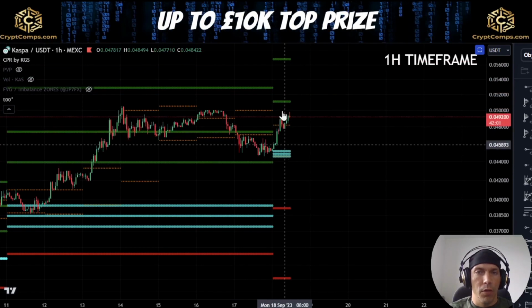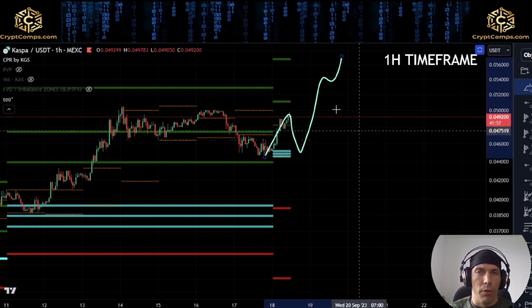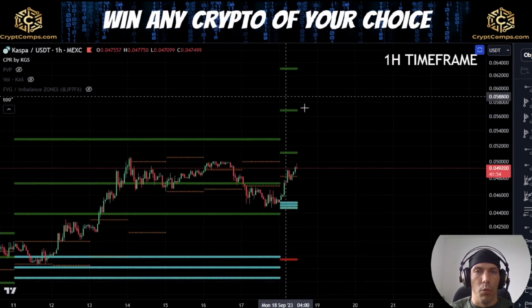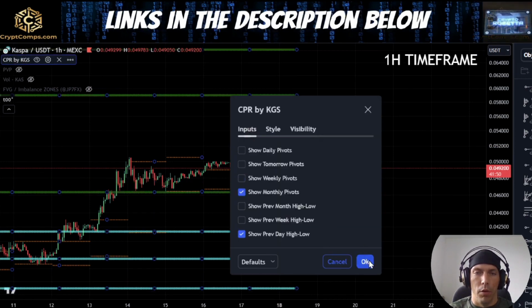As long as we remain above these, we can potentially look for that idea of seeing something like this rally for a bigger 5-wave pattern, which would actually look to potentially move us up into some of these higher CPR lines. So I'm going to be keeping an eye on that over the period of this week.